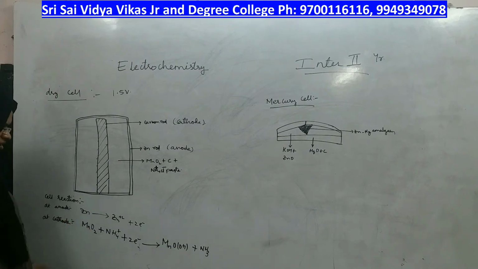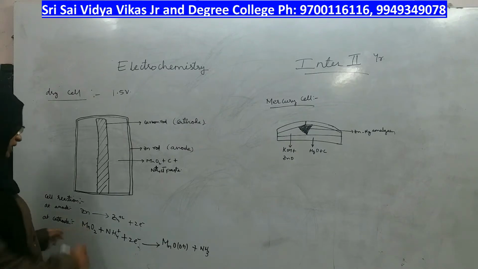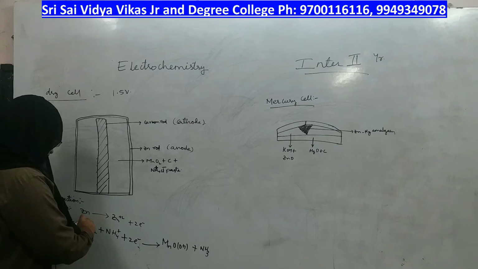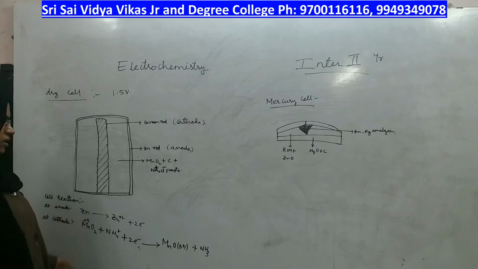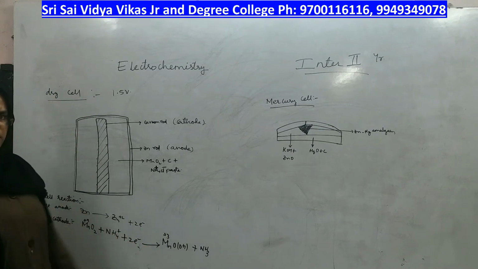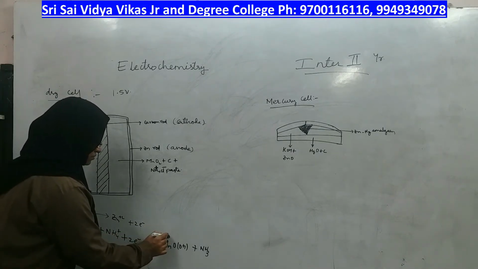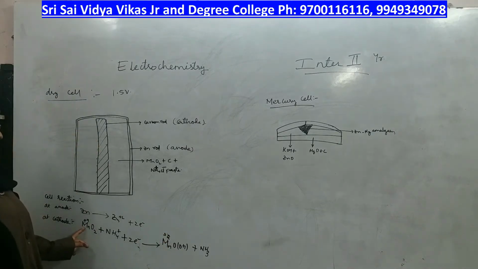This is reduction, in which MnO2 has plus 4 oxidation state, means 4 electrons are less in this Mn, and 3 electrons are less in this manganic oxide, or 2 electrons are less. Right? So 2 electrons are gained by whom? Here. Therefore, is it a reduction reaction or not?